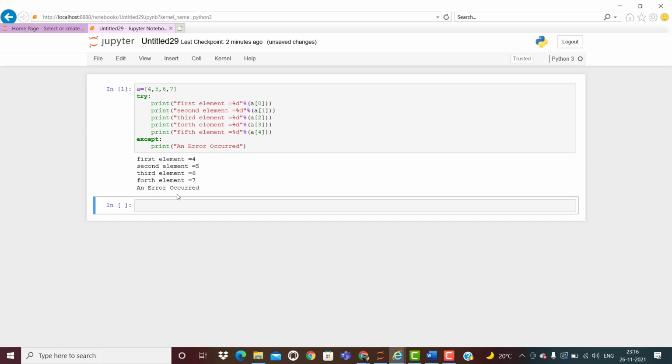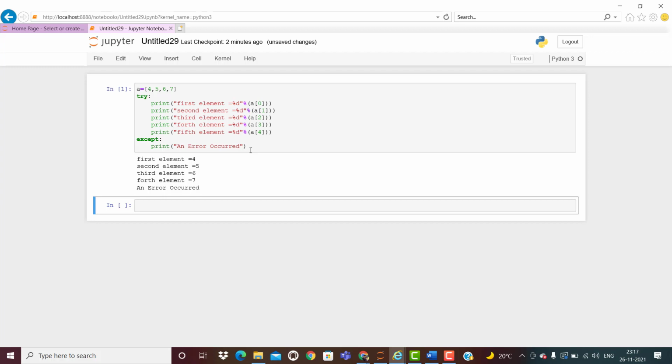See here, an error occurred. Up to 7 the values have been printed. This value, that means this position, is not present in our array. So it has an exception. So an exception has occurred. Suppose you don't know this exception.